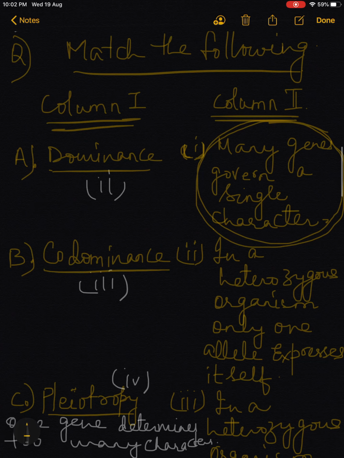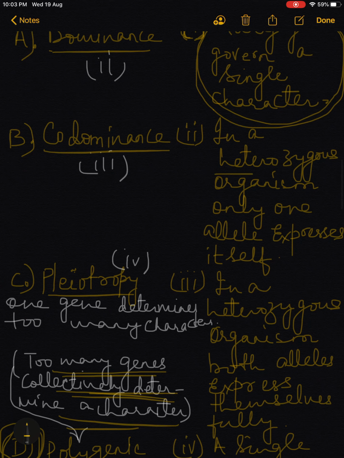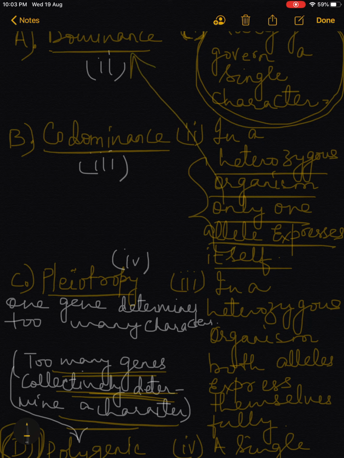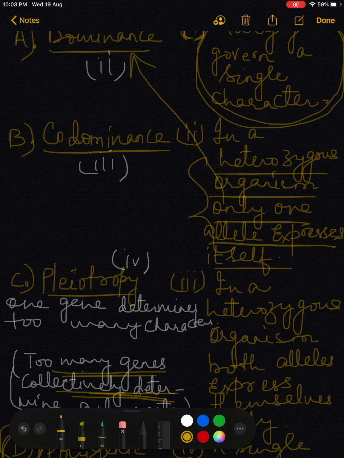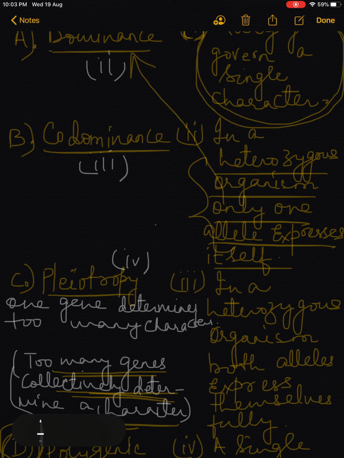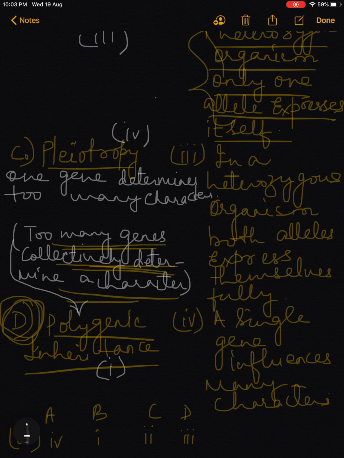Okay. Next, in a heterozygous organism, only one allele expresses itself. This is a case of dominance. Third, children, in a heterozygous organism, both alleles express themselves fully.